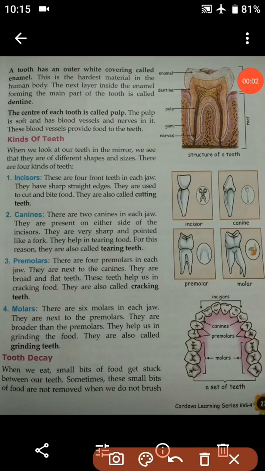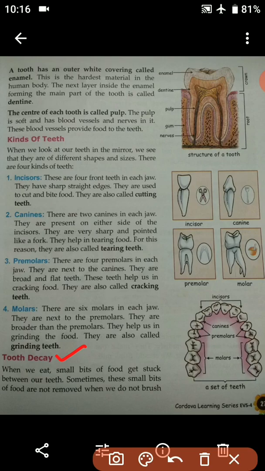Okay students, moving on to the tooth decay. So students, we all know that whenever there is a decay in our tooth, that means whenever there is a formation of cavity in our teeth, it's very painful, right? You all get a lot of pain whenever there is a problem in your teeth. And basically it's very common in case of children because they eat lots of chocolate and they do not brush twice a day. So students, it's very important to brush your teeth twice a day in order to keep the tooth decay away.